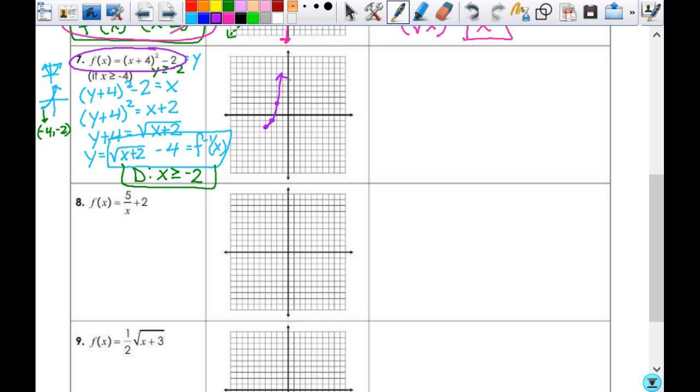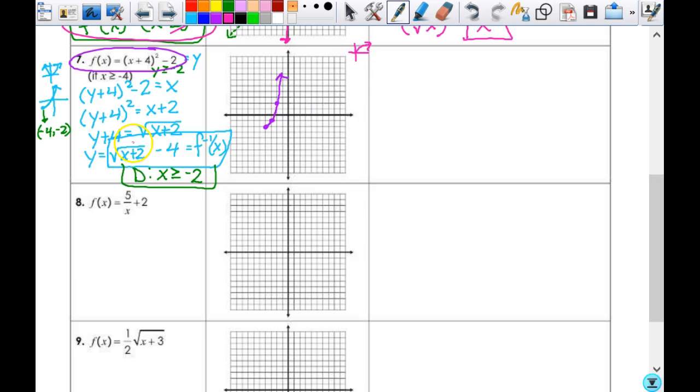Everybody okay with that? Being able to graph quickly and accurately is very important. So then this is the square root function, right? How many anchor points do you have for your square root? Just 3, right? So 0, 0 is one of them, because your square root looks like this. Hopefully we know that. So we start with 0,